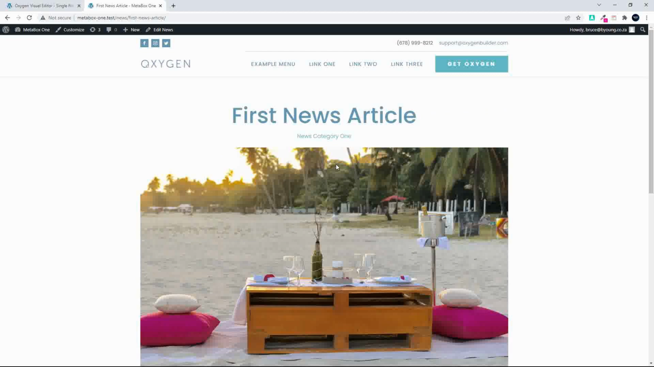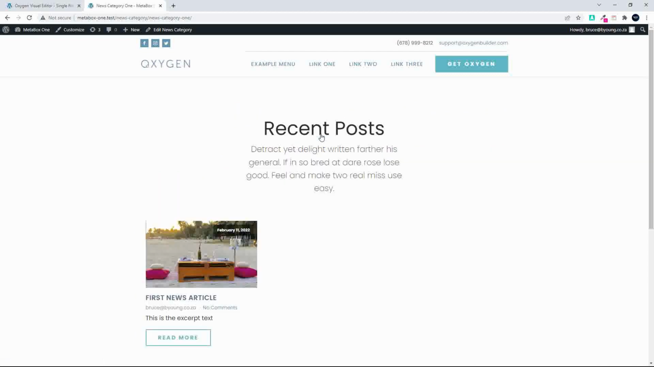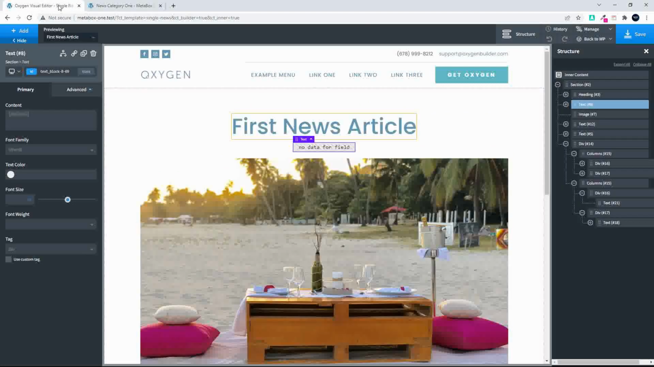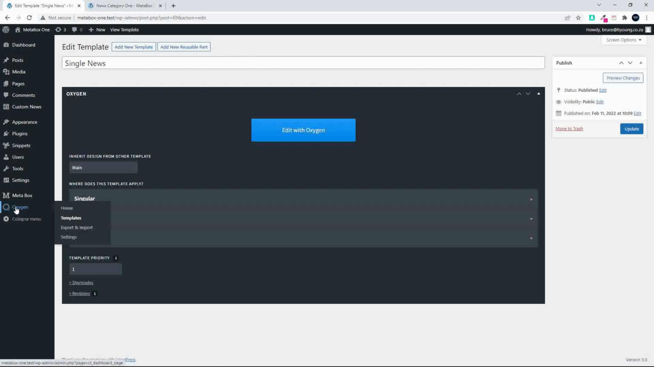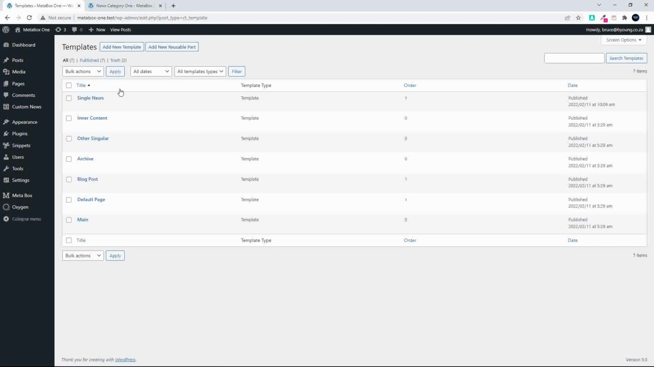So everything's working, looking good. Click on it, and now we're seeing the archive for posts instead of the archive for this particular category. So I'm going to head back to admin, Oxygen templates, and now we're going to do the archive for the news. So we'll add a new template,